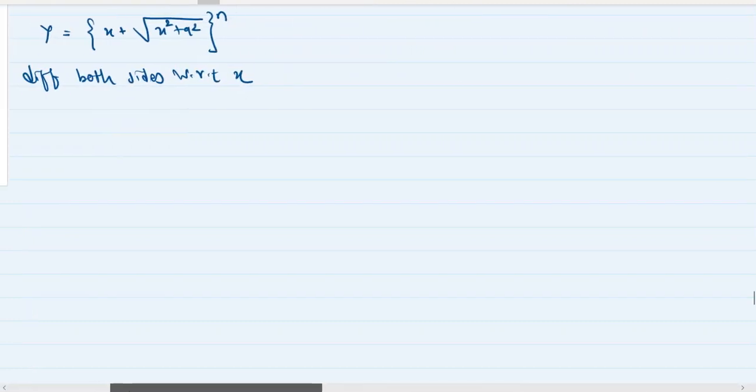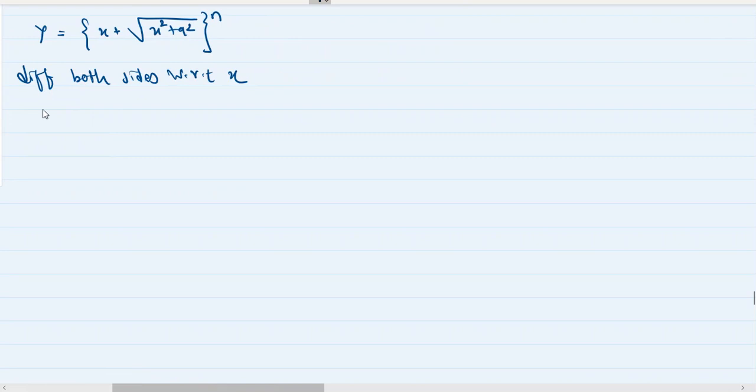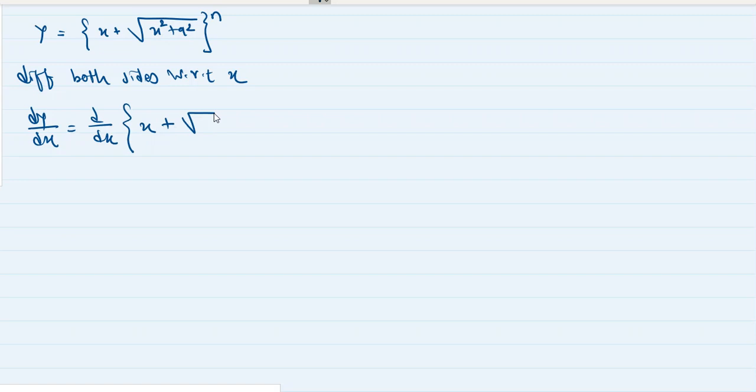Let's make our playground a little bigger. Okay, so differentiating both sides with respect to x, we get dy by dx is equal to d by dx of this whole thing, x plus under root of x square plus a square, the whole raised to n. Now I can smell function of a function over here. Definitely there is a function of a function. Okay, so I'm going to write it as,